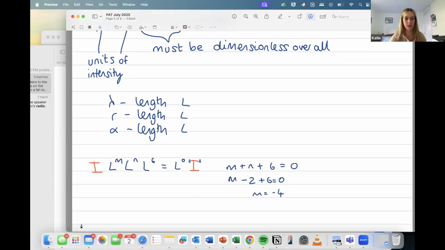It tells us that it follows the same relationship as above. So we know that N is minus 2, since we did that in part A. So we're given that M minus 2 plus 6 equals 0. So therefore that must mean that M is minus 4. So you wouldn't be expected to have a physical intuition of what this equation would be or anything like that. Just using units, dimensional analysis, things like that are really useful tools. And you can understand a lot about a problem just from thinking about what the units have to be.